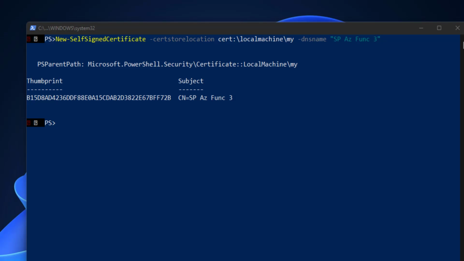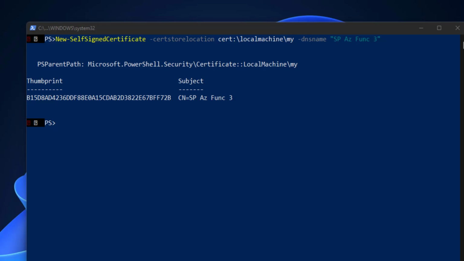Next is to create a password. For the PFX file with the private key, we need the password. The certificate which we are going to use for authorization using the PnP Core SDK is one of the methods. If you look at the documentation, there are many authentication methods we can leverage, but for Azure Function API we are going to use the certificate method, because there are authentication methods like device login, where you open the browser and then authenticate. Since the Azure API will be running on the back end without any user interaction, we are going to use this certificate authentication method, and for that we need to have the certificate with a private key.